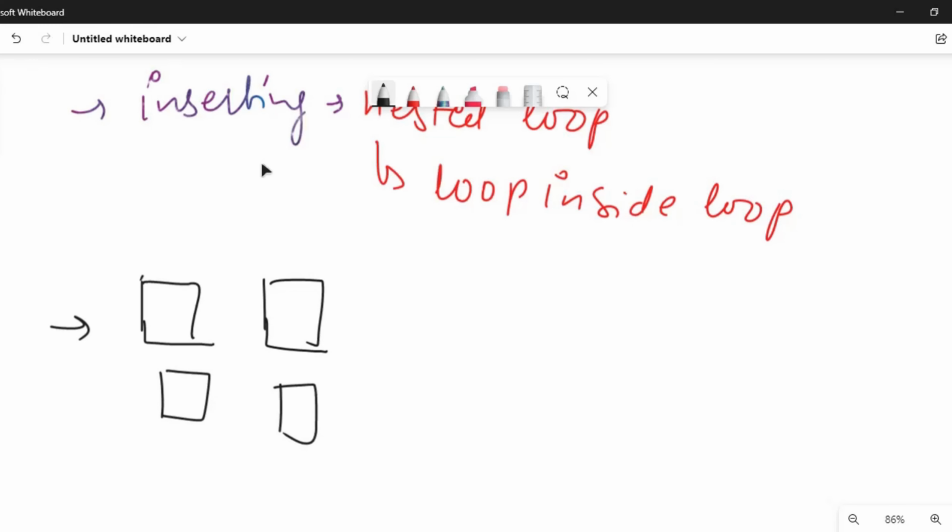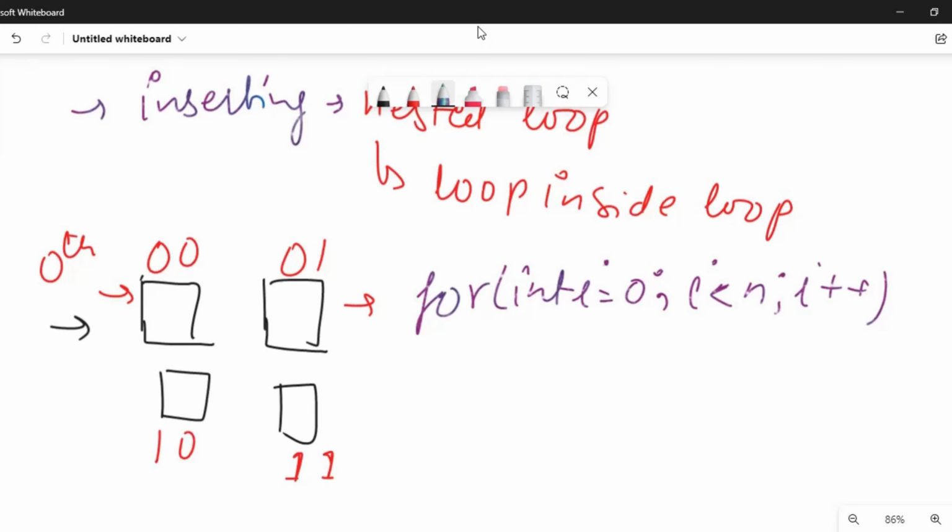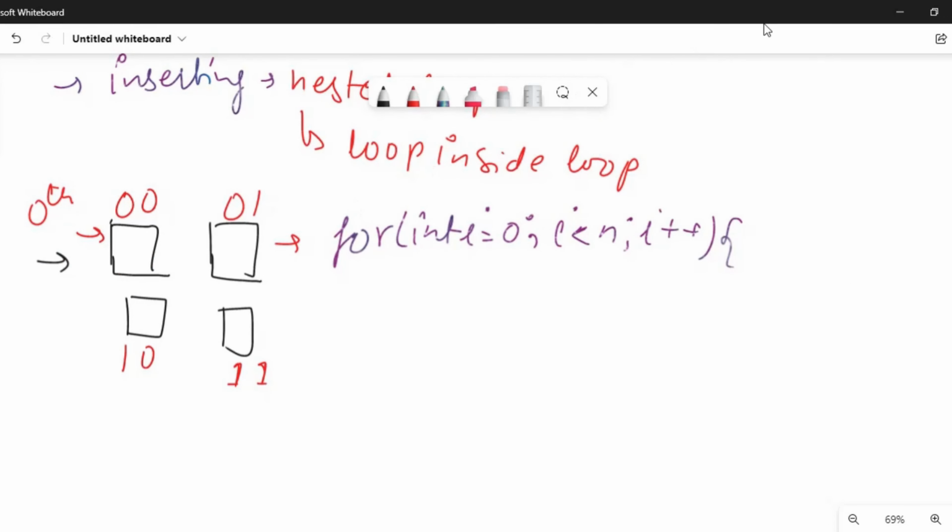2x2 का। सो ये एक 2x2 का एरे है जिसका कि पहला एड्रेस होगा वो 0 0 होगा, दूसरा 0 1 होगा। आफ्टर दैट द थर्ड वन विल बी 1 0 एंड द फोर्थ वन वुड बी 1 1। तो मैंने कहा पहले कि मुझे पहले 0th रो में अपनी एलिमेंट को इंसर्ट करनी है। तो जो मेरा यहाँ पे फर्स्ट लूप होगा लाइक फॉर इंट i इज इक्वल टू 0, i लेस देन n। यहाँ पे n मैं एक्चुअली रोज के नंबर्स को मान रहा हूं और i प्लस प्लस, और हम यहाँ पे फॉर लूप की ब्रैकेट शुरू कर देंगे।